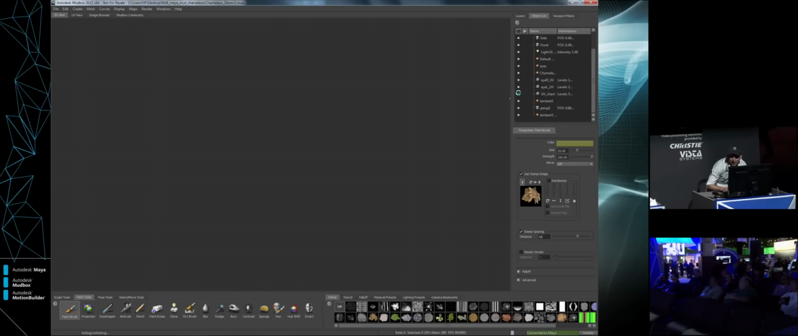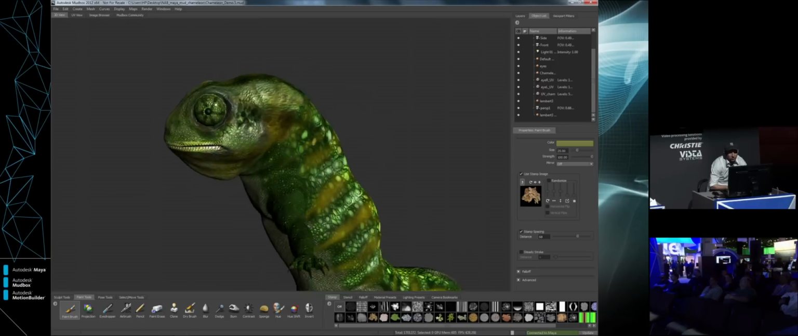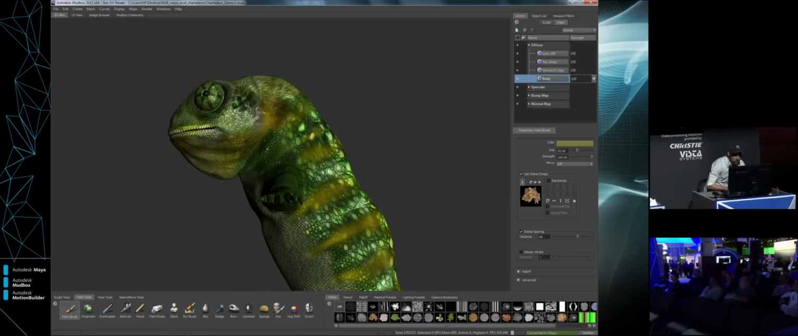So we'll just display that guy. It'll take just a second to load him in. We'll turn the eyes on also. So obviously this is the finished character, and what I want to do is show you how we got to this end result. So the way the paint system works inside of Maya, or inside of Mudbox, is very similar